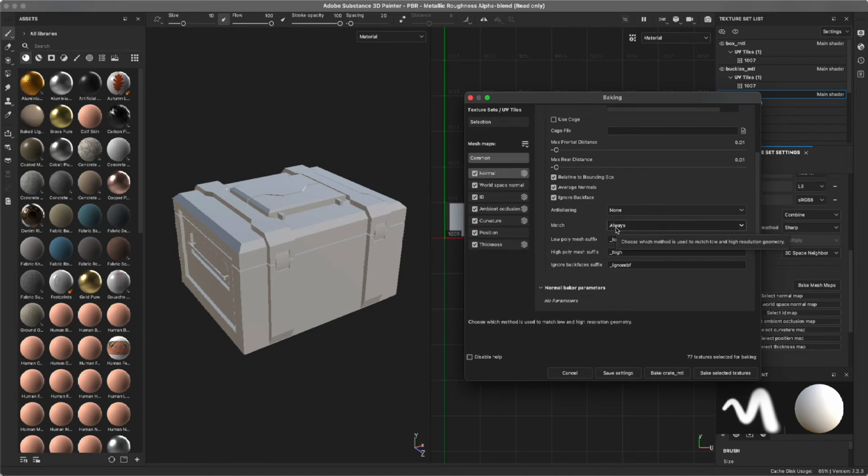Under match, and this is really important, we're going to want to click on by mesh name. The reason that you want to use by mesh name is exactly why we went through the trouble of naming all of the different pieces inside of Maya. So when we had crate high, we had crate low suffix for its twin inside of Maya. Same with everything else. So when you click match by mesh name, it's looking for the low poly mesh with the suffix low and the high poly mesh with the suffix high, and it's only going to bake those two